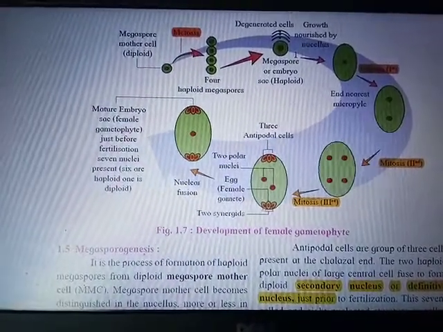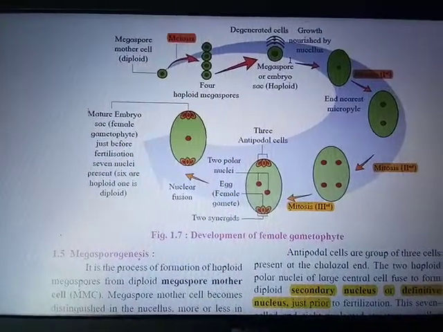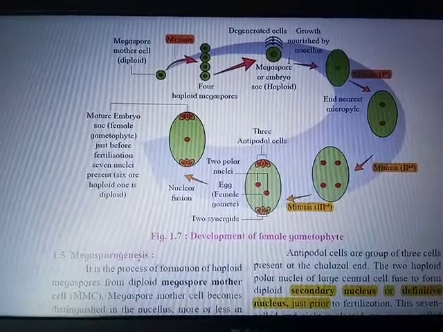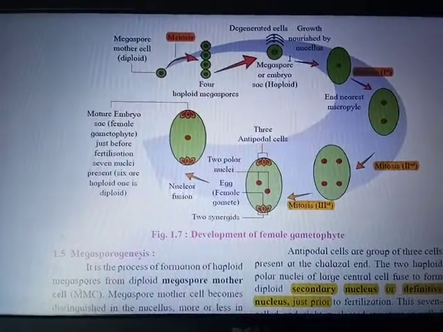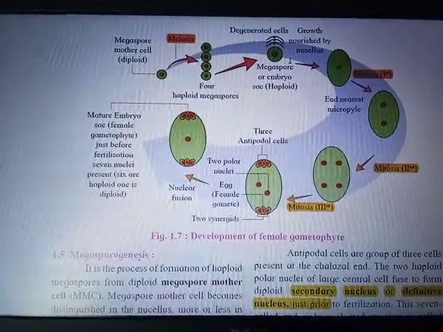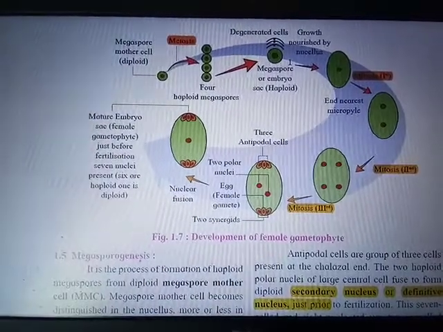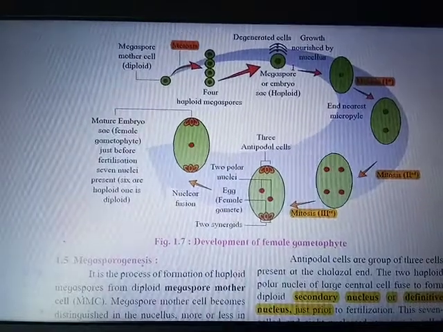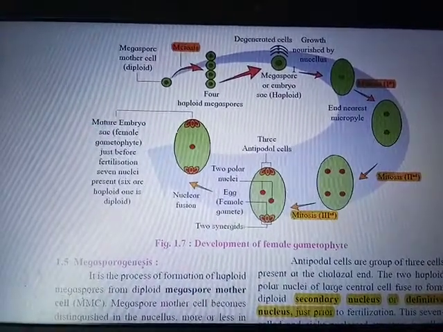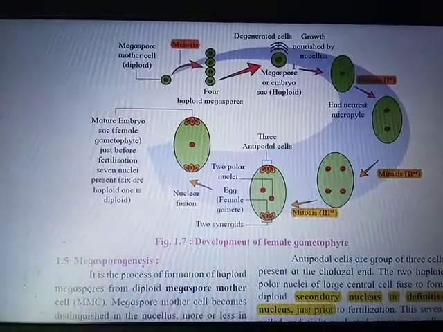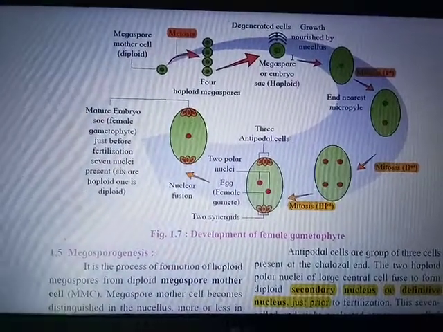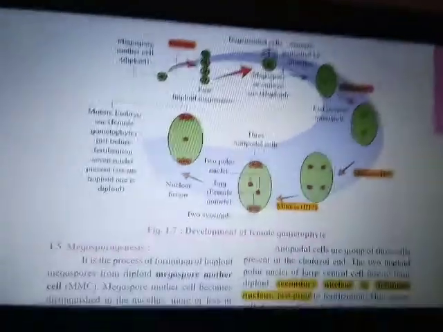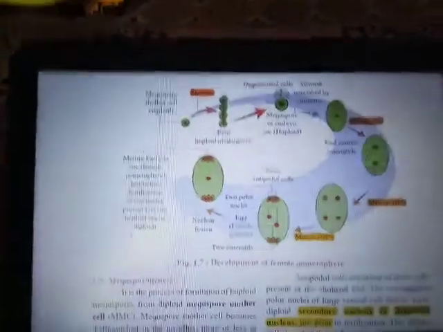So what is megasporogenesis? Megasporogenesis means development of the female gametophyte, or development of the megaspore, which generally occurs in the ovule, and how it occurs is what we have to study. Here, as shown in diagram 1.7, the megaspore mother cell is diploid. Okay, so if we see this diagrammatically,